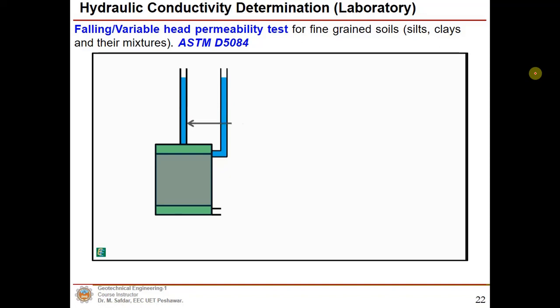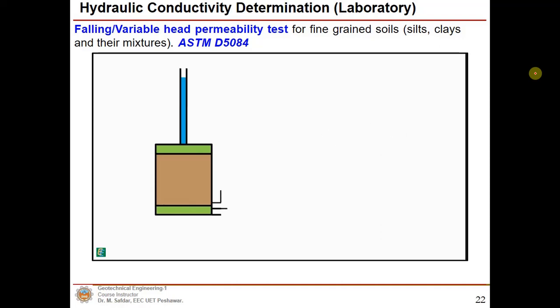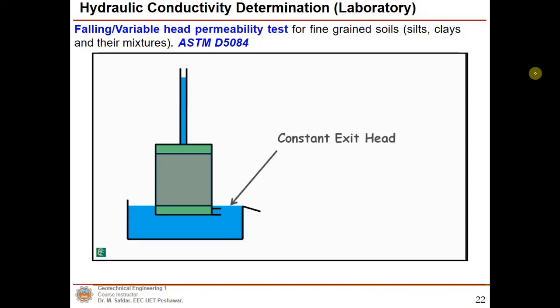Hence, we can think of this inlet pipe as the head measurer at the beginning of the flow, and we can ignore the first manometer. Now, if we have a manometer at the bottom of the sample, and when water flows through the soil, the water level in the manometer will display the exit head of the water. But if we place the instrument in a tub-like container full of water, its exit head will become constant. Also, if we consider the exit head or water level of the container as the datum, then datum head is 0, so exit head is also 0, and initial head of the water level in the standpipe from the datum is, say, H1.